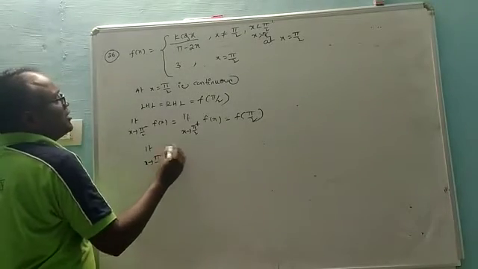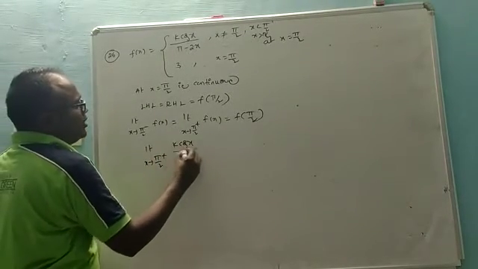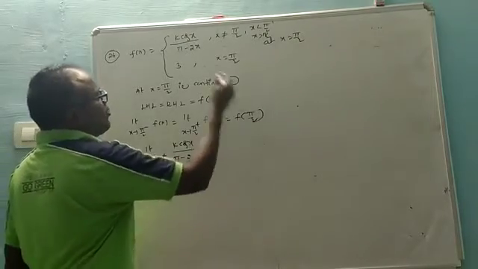What about the condition? Left hand limit is equal to right hand limit is equal to f of pi by 2. Not equal to means here less than is also possible, and x greater than pi by 2 is also possible. If you take either one, limit x tends to pi by 2 minus f of x is equal to limit x tends to pi by 2 plus f of x is equal to f of pi by 2. So here, taking either one, no problem. Therefore limit x tends to pi by 2 of k into cos x upon pi minus 2x is equal to f of pi by 2, which is 3.